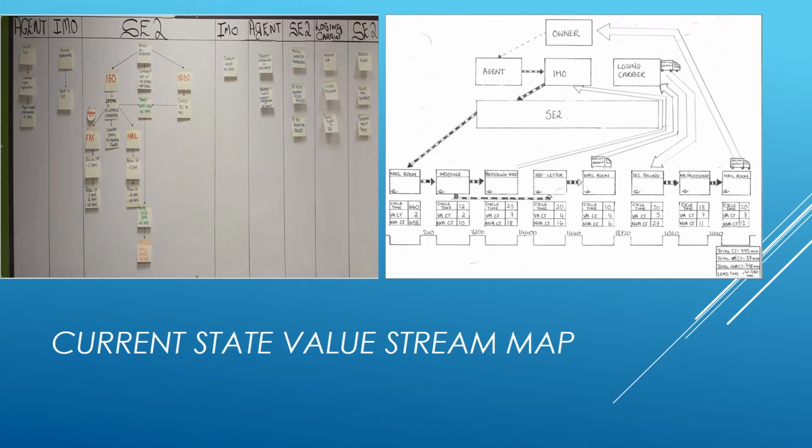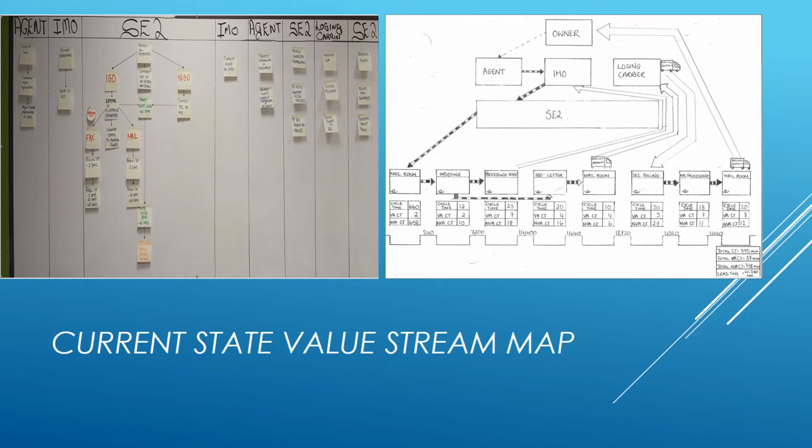If NIGO, we then go back through a series of steps to get it corrected, whereas if we go IGO, we actually jump straight to the losing carrier steps. We reach out to the losing carrier, get the funds in. Once the funds come in, we will go back in and